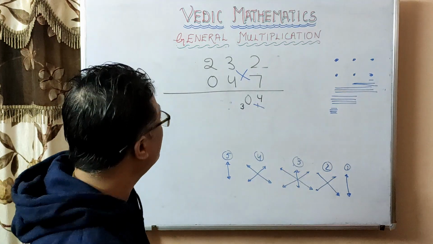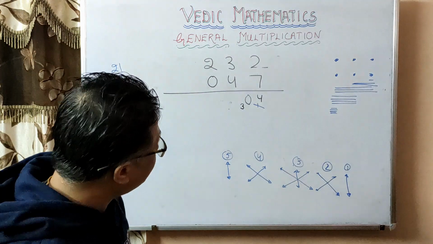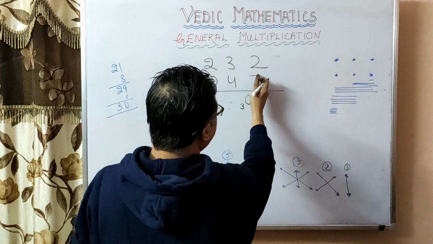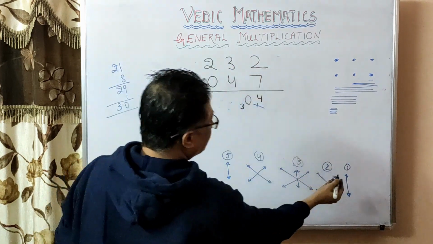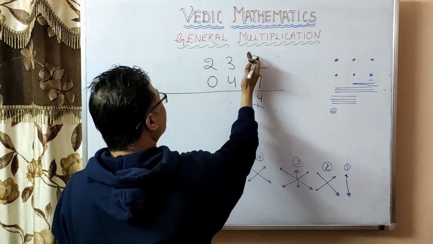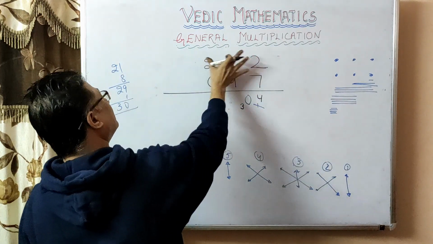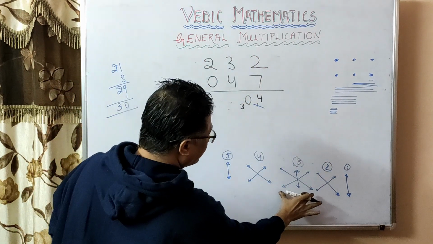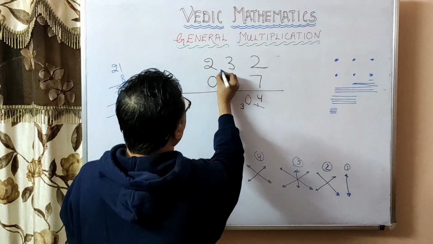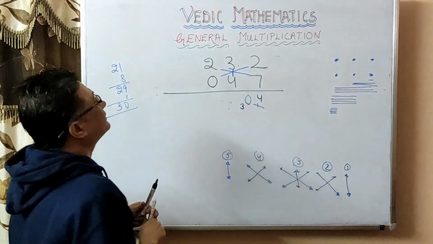Now we go to our third step. So what is our third step? As you can see, first what we did was, we considered only these two. Then we expanded. We considered these two. Now we expand again. We start from here. Only 1 digit. Then we expand 2 at a time. Then we expand all 3 at a time. So this is our third, and the path is, so that means this is the path, and this. So this is the path.